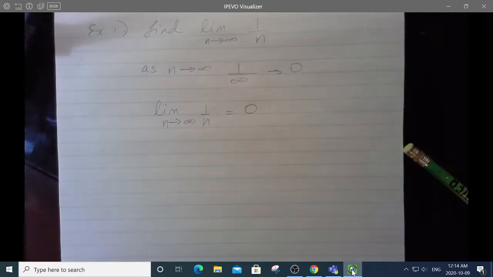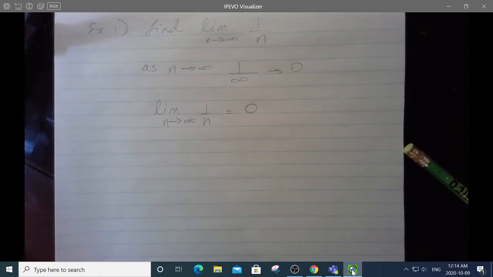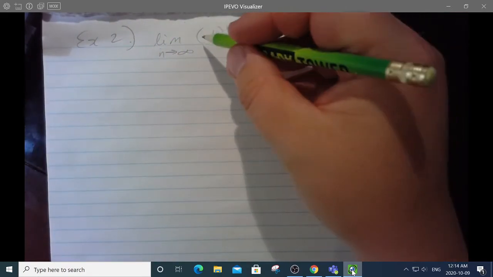So that's the first important example. Second important example is this guy. Think about what this would be doing. The limit as n approaches infinity of -1 to the n. Okay, so what can I say about that? Well, let's just count n